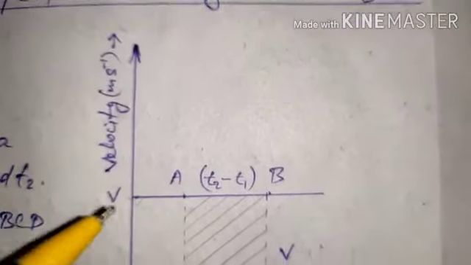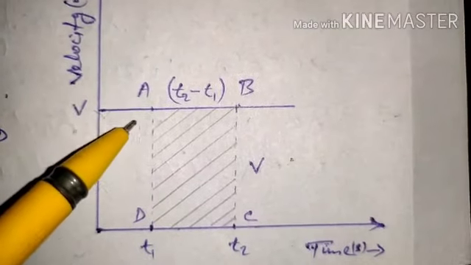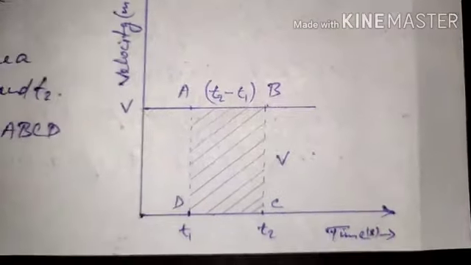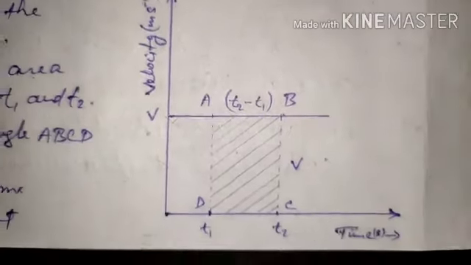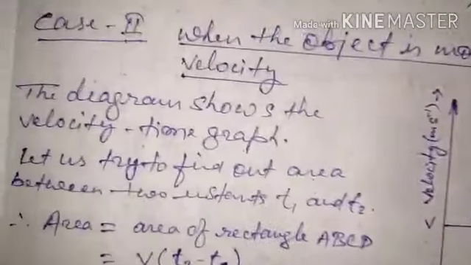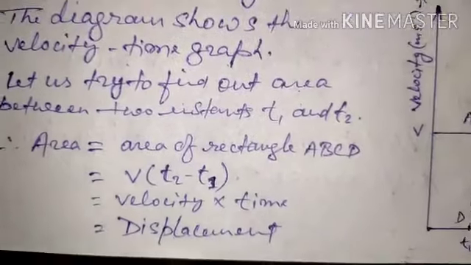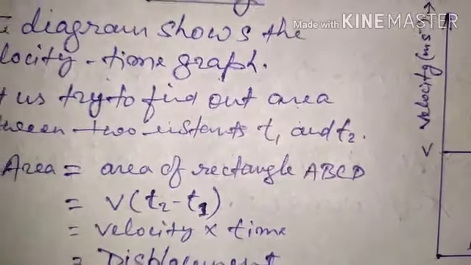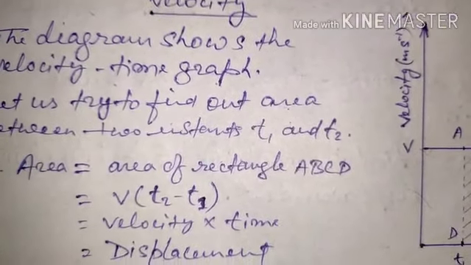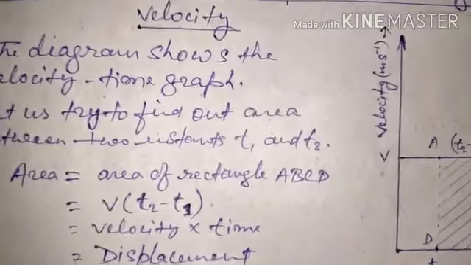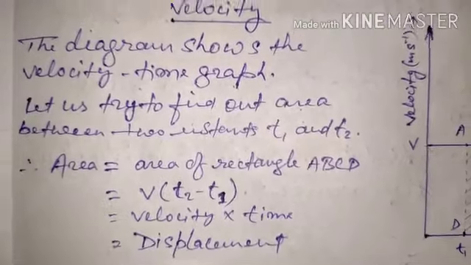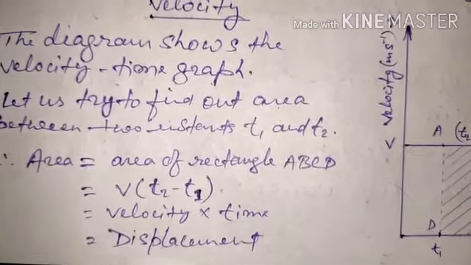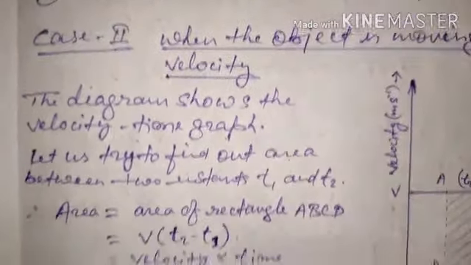So this graph shows the motion of a body moving with uniform velocity. Okay, so that only I had written. Now let us try to find out, as I had told you, the area in this graph only, because the previous one will be the complicated one. If we can calculate easily the area over there also, but since this is the first time you people are studying this, I don't want to make it complicated initially.